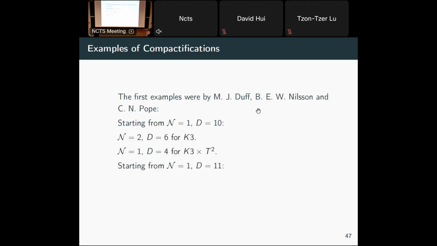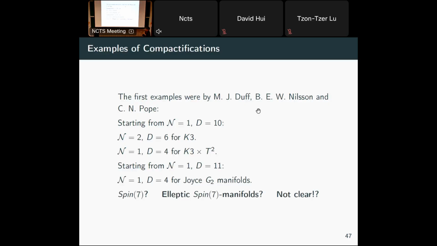And starting with 11 dimensions, the Joyce G2 manifolds, you compactify that, you end up with a 4-dimensional theory. It has one supersymmetry parameter. What about spin 7? Very little work has been done. In the context of compactification,